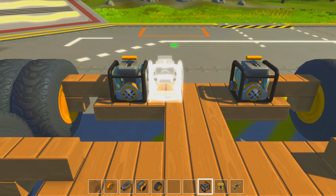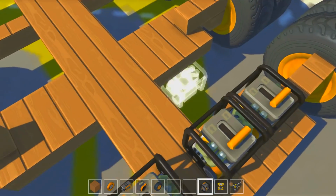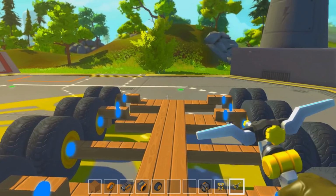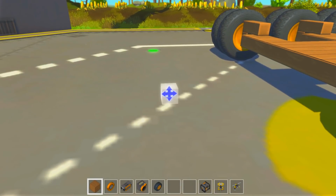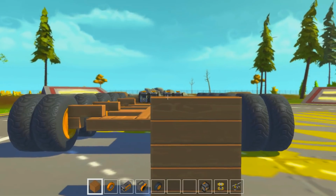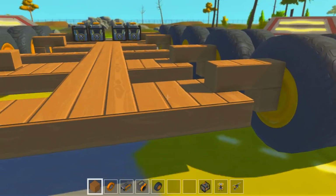We'll put 4 in because we will probably need a 4th engine at some point, but I want weight distribution to be very even. Okay, from here, what was I saying? Oh yeah, I want weight at the back because at the front the bucket will be there, and the bucket's probably going to come out to about here. You know, and it's going to be lifting up and down, the same as the bucket that we have on the excavator. So